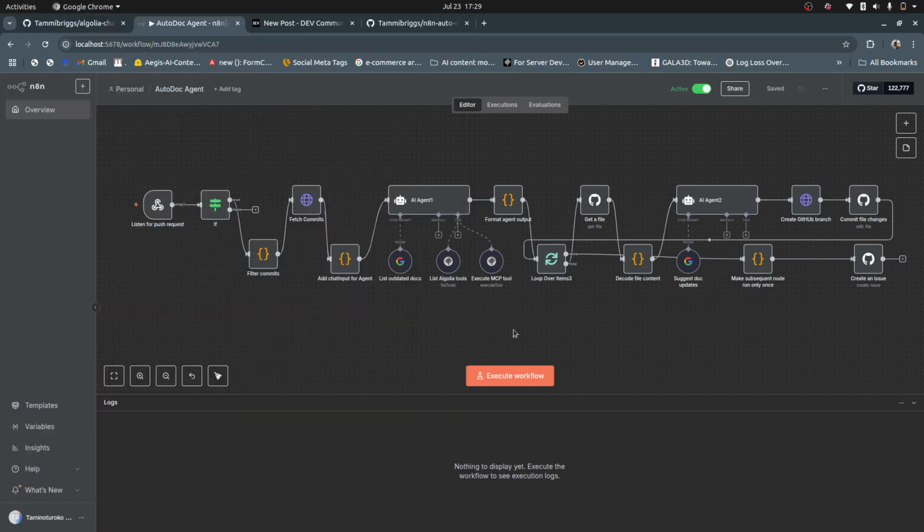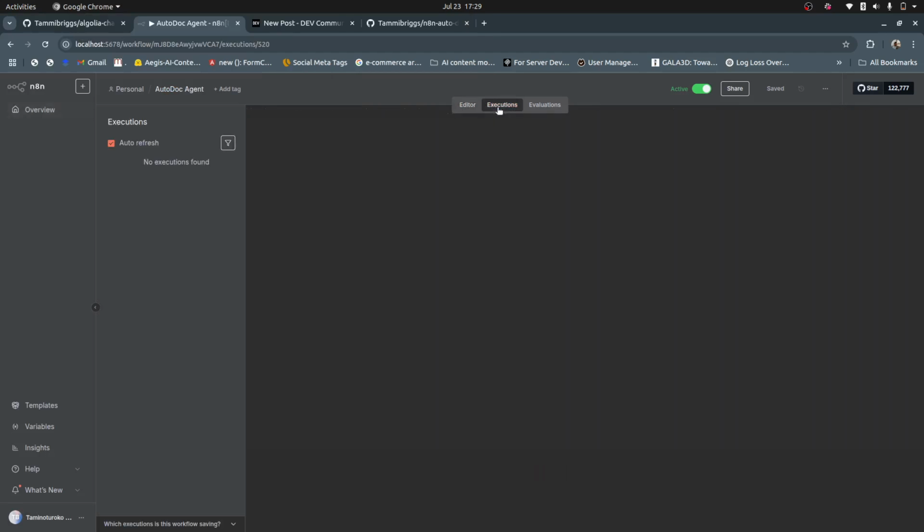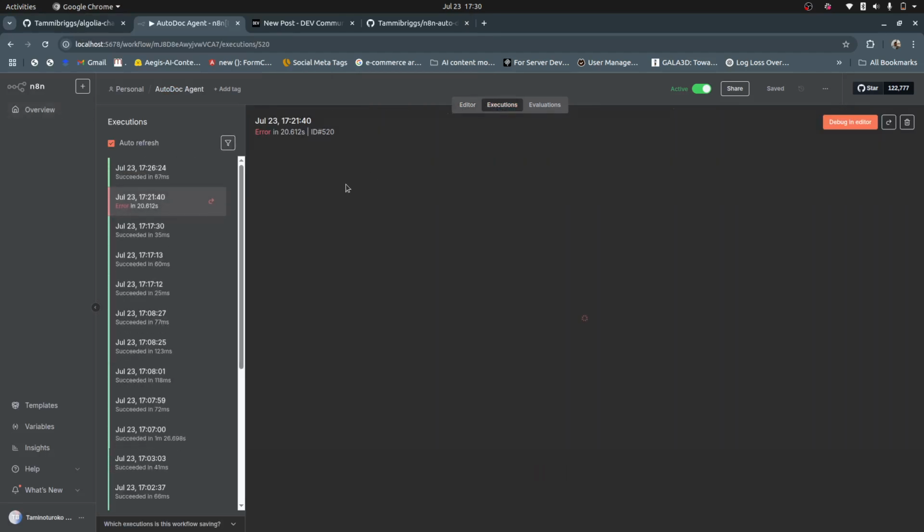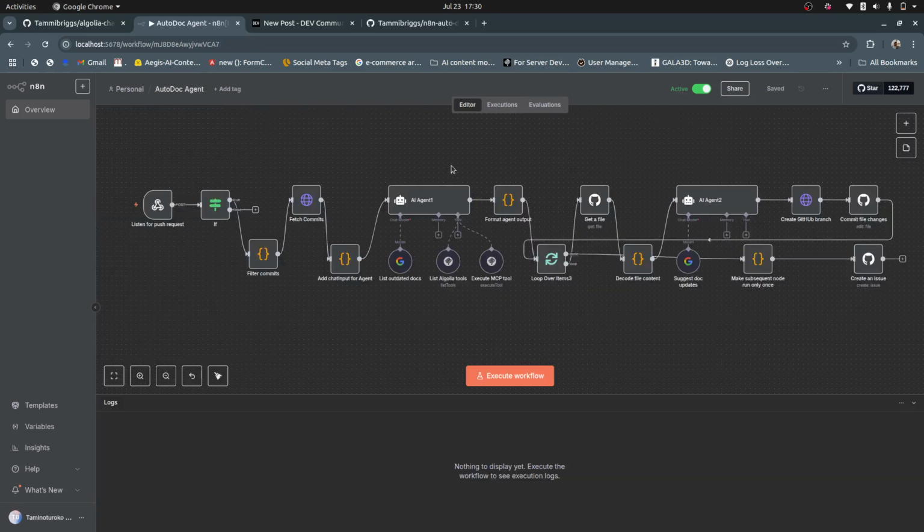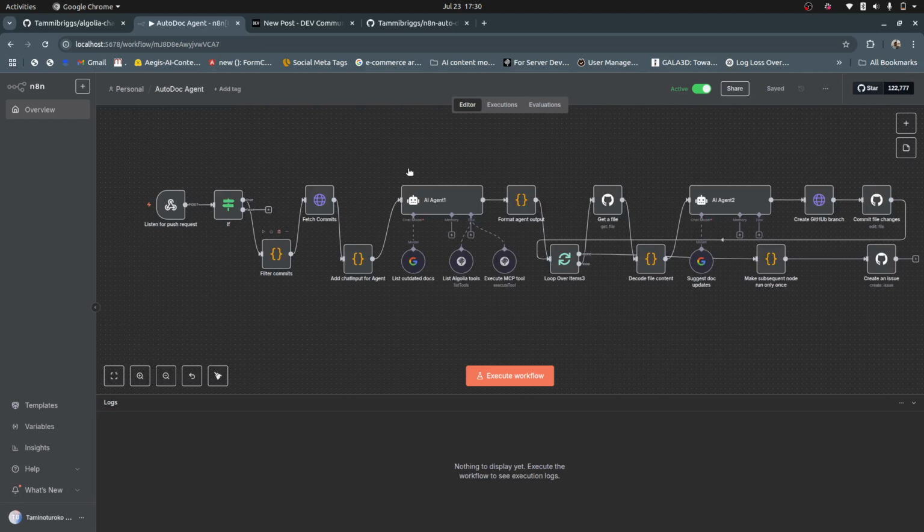Okay, so I'll go over to this place and check. Yeah, I've started. My execution has started, and while it's executing, let me explain what's going on. This is a webhook. What it does is listen to push requests. When a push request comes, it gets